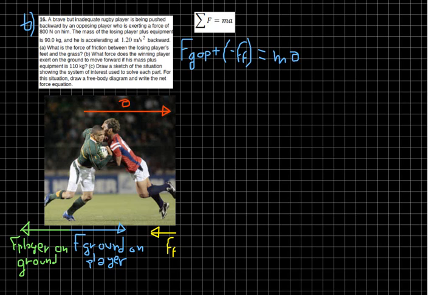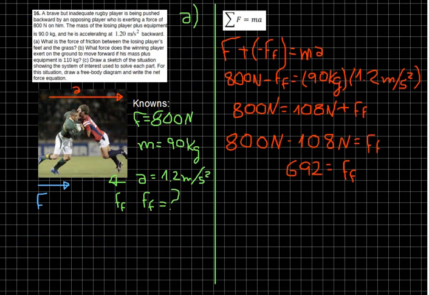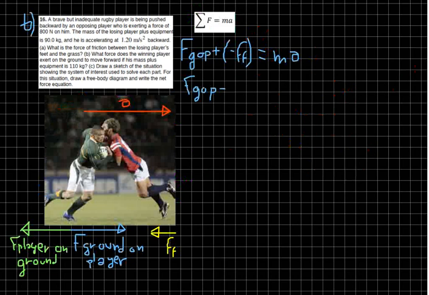Alright, this time we don't have FGOP. We have the force of the friction. First of all, positive multiplied by negative is negative, and the force of the friction is 692 newtons: FGOP minus 692 newtons